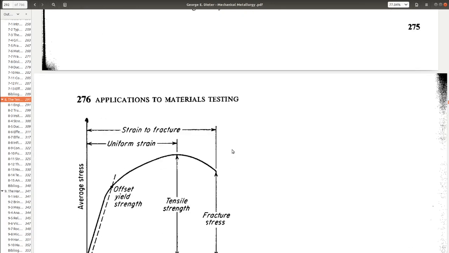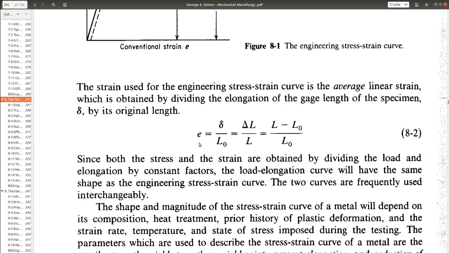And at the same time we could also know this E for each corresponding S, or we could know S for each corresponding E. How do we measure E? So it's a change in length per the original length, right? So the change in length, if you see this,